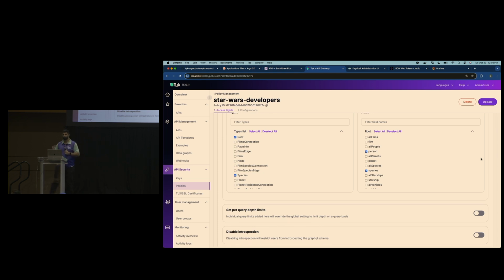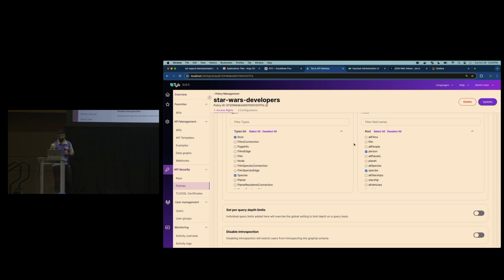So we are allowing you to authenticate or authorize based on the graph itself. So you can choose which parts of the graph this user has access to. You can also do depth limitation, all that fun stuff that's associated with GraphQL. For REST APIs, you can do the same thing with paths. So it works the exact same way, but the restriction that you can apply is different between those APIs.